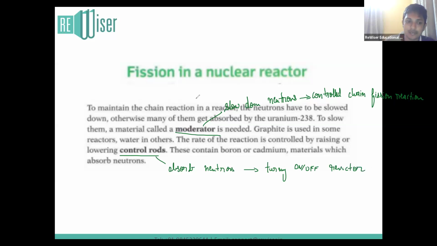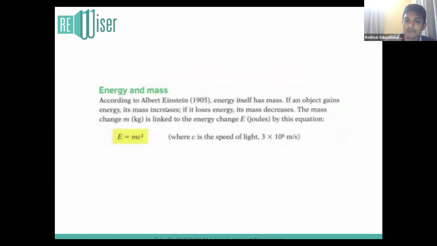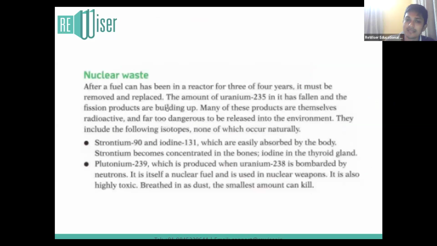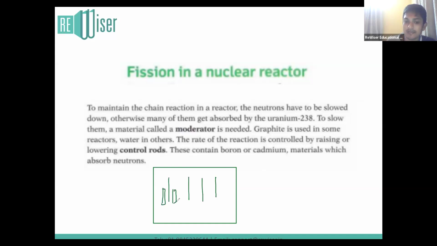Now, let's explain the working of a nuclear fission reactor. A nuclear fission reactor works on a very simple principle. A nuclear fission reactor consists of, let me draw the diagram. This is a nuclear fission reactor, which consists of fissionable enriched uranium rods, which are placed between multiple control rods and moderators, which